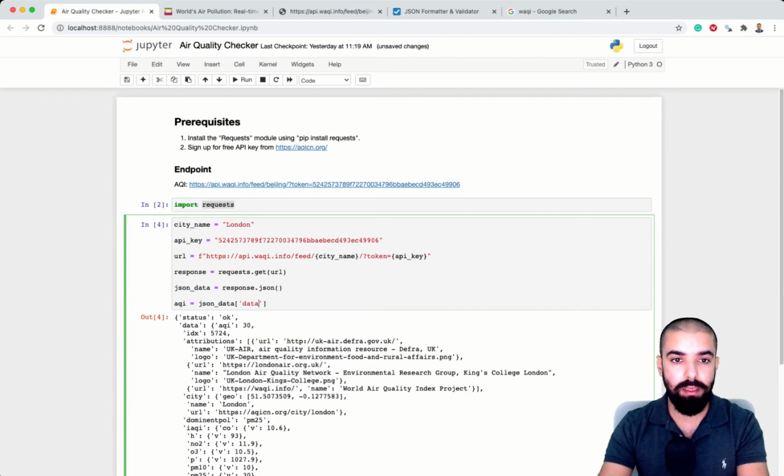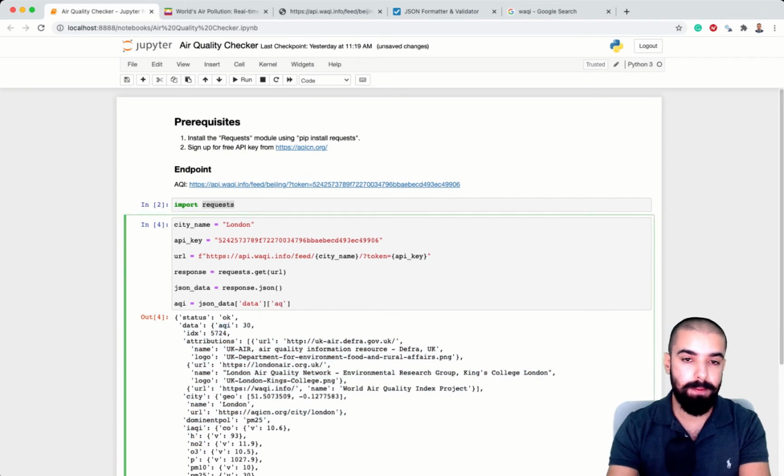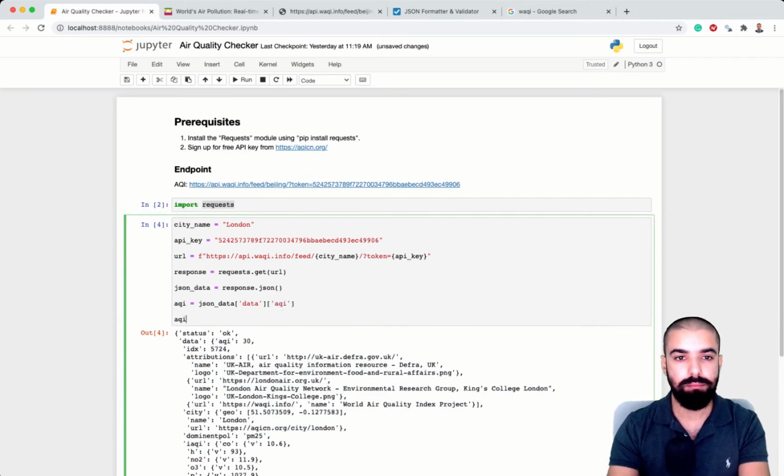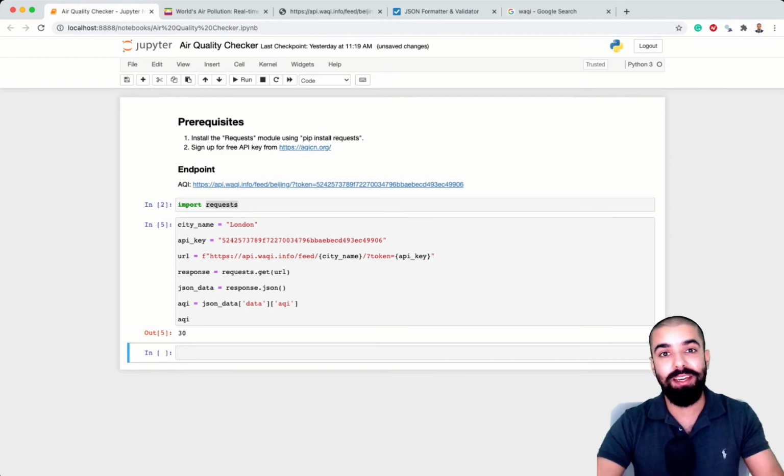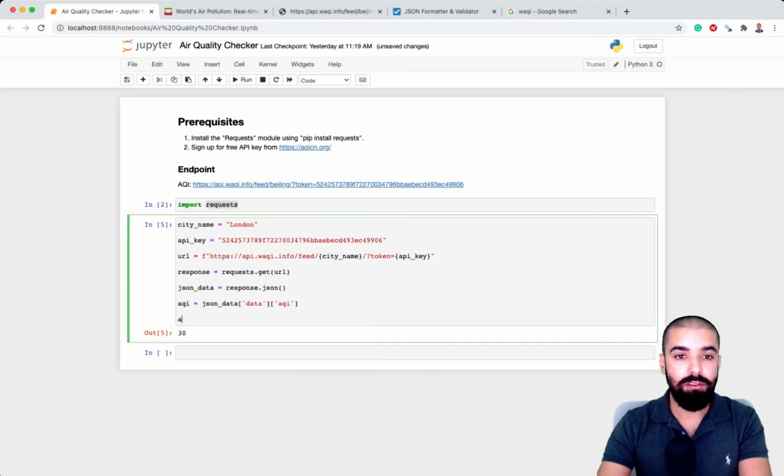So that's going to give me the value of this, which is everything down there. And then we do another one to say, once we've got within this value, we want the next key, which is AQI. Great, now that works. It's got rid of all the information I don't need, and it's only extracted the information that I'm interested in. So the next thing we can do, we can package this script up